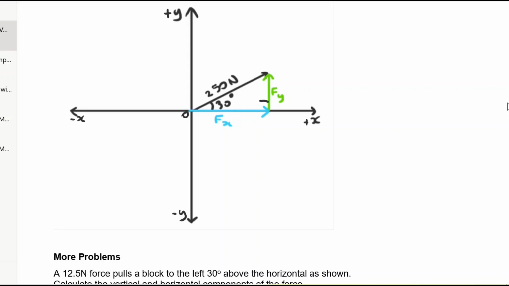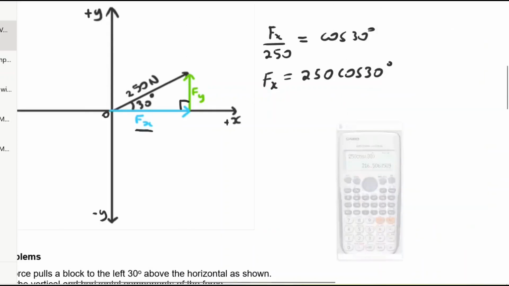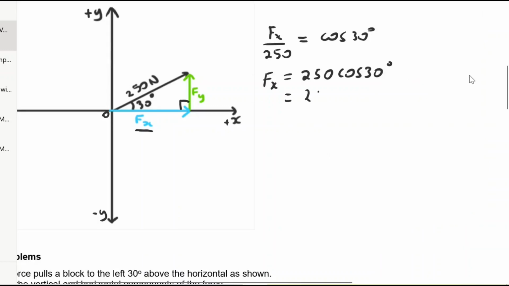Now, because this is a right-angled triangle, we're going to apply trigonometry. And we see that Fx here is adjacent to the angle 30 degrees, while the 250 Newton is the hypotenuse of the triangle. Therefore, we can write Fx over 250 Newtons is equal to cos 30 degrees. Therefore, if we make Fx the subject of the formula, we're going to get 250 times cos 30 degrees. The answer is 216.51